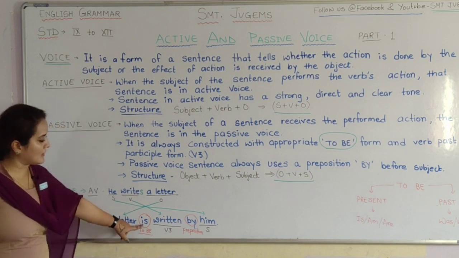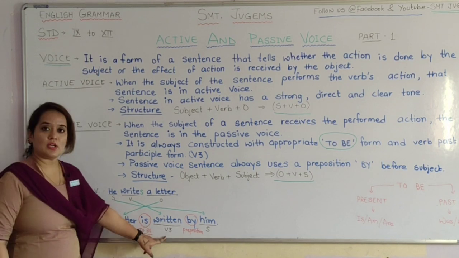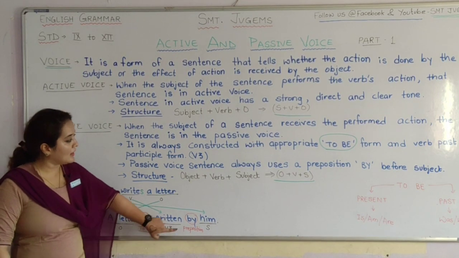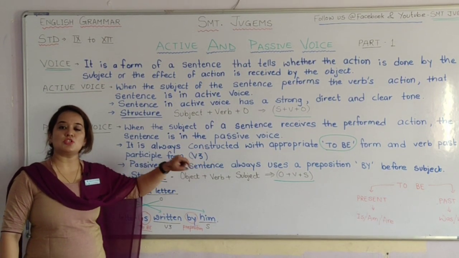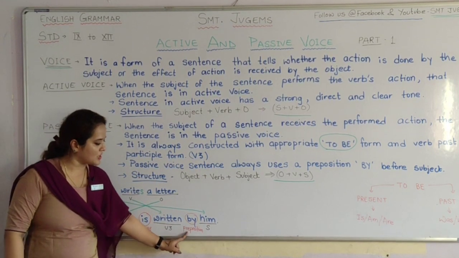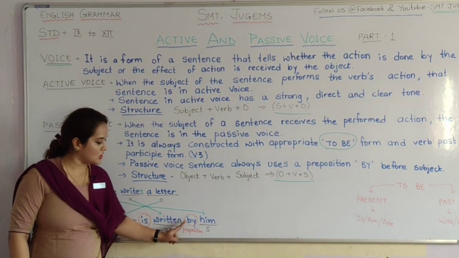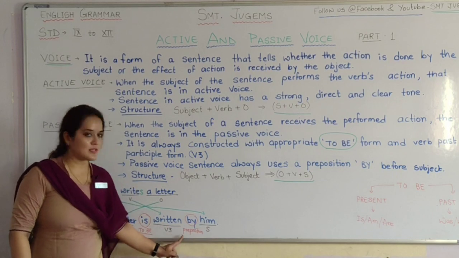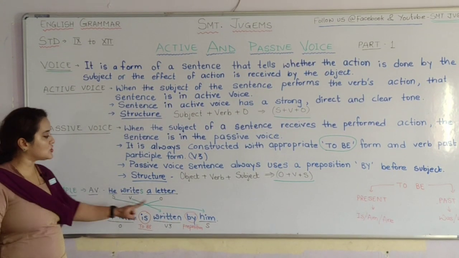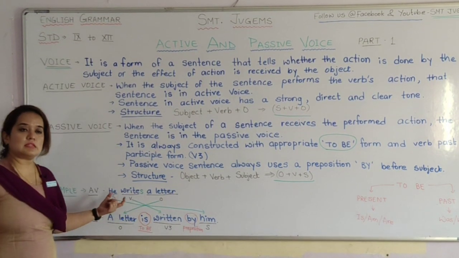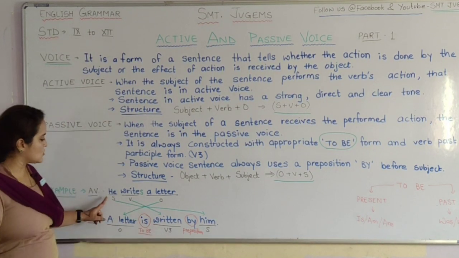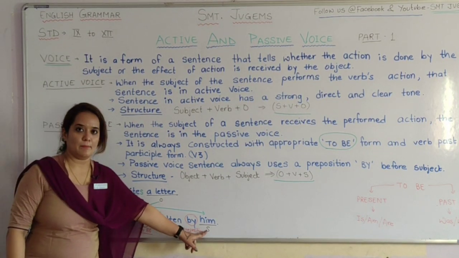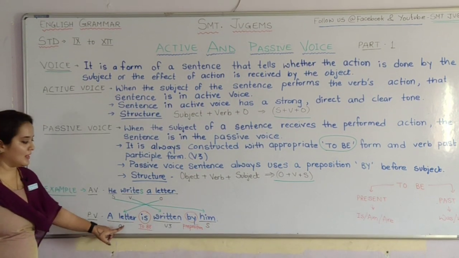So a letter is written. We have converted the verb into V3. Now comes the preposition. As we have seen, the preposition is used before the subject. So we have used the preposition by over here before the subject. Now he will change to him. This is the change of pronoun which we have to make during conversion. So the passive voice is: A letter is